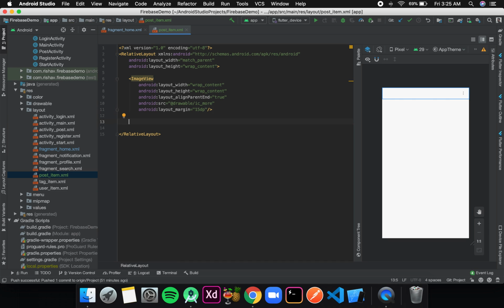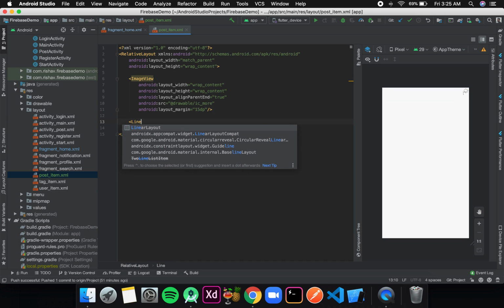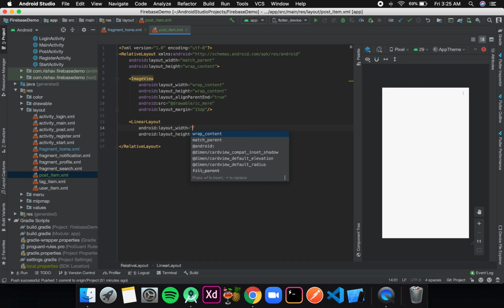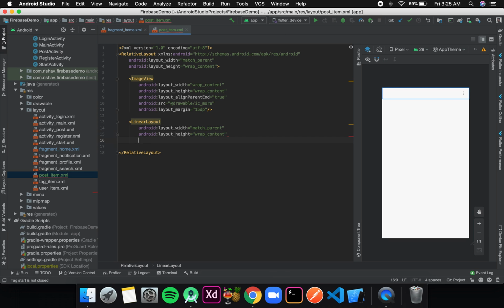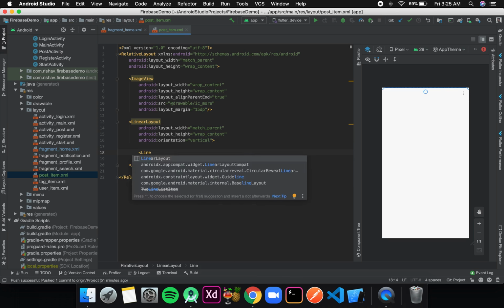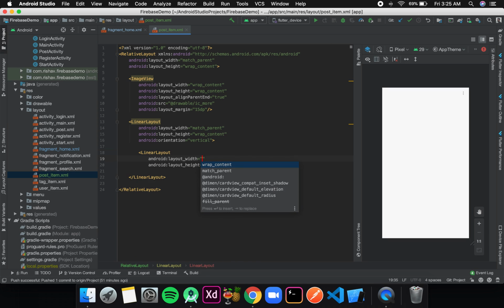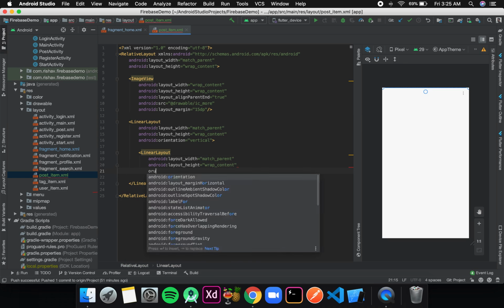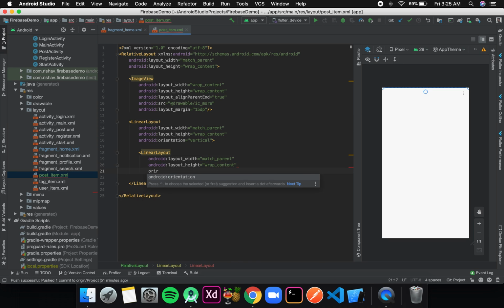Then after this we will have a linear layout. Okay, width will again be match parent, height as wrap content, orientation is vertical. Now inside this linear layout we have another linear layout. Okay, the width will be match parent, height is wrap content, orientation is horizontal,